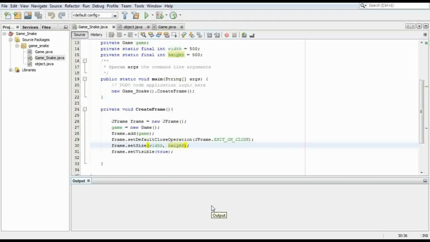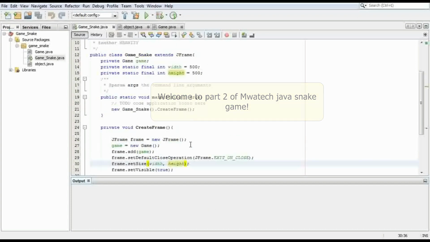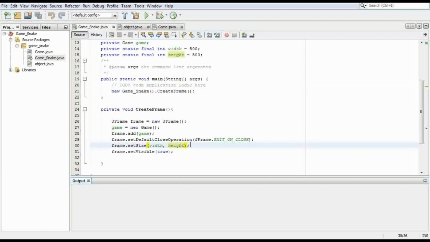Alright then, welcome to part 2 of MWA Tech of the snake game. So yes, last time when we were making this game, this is where we finished. And as you can see, I updated a few things here. The width and height have been declared